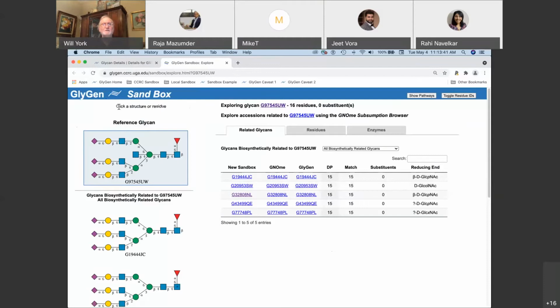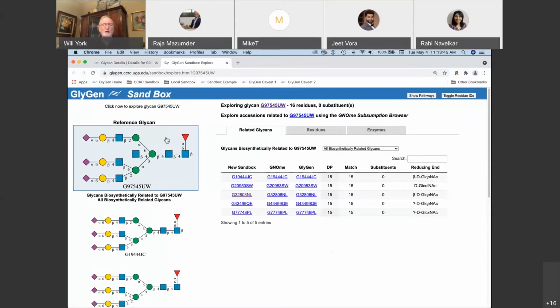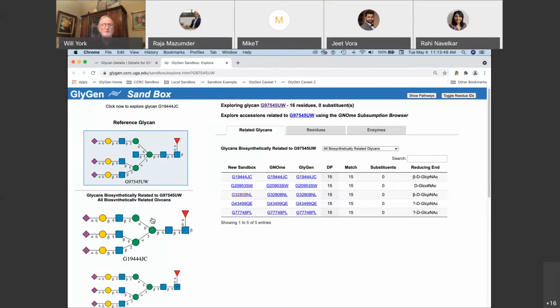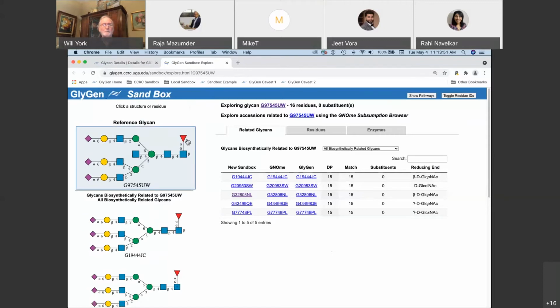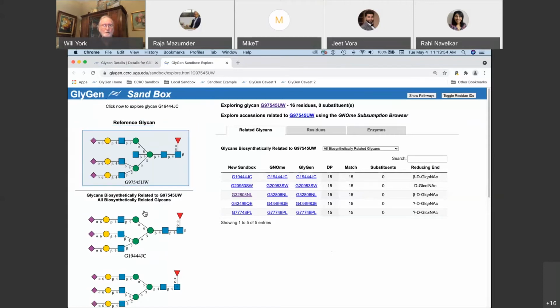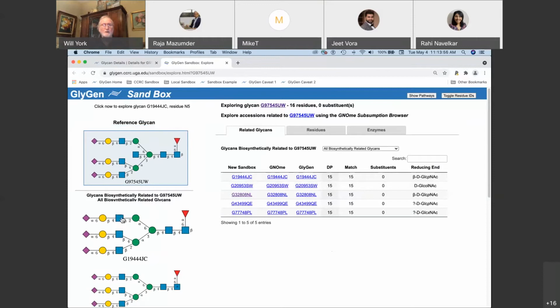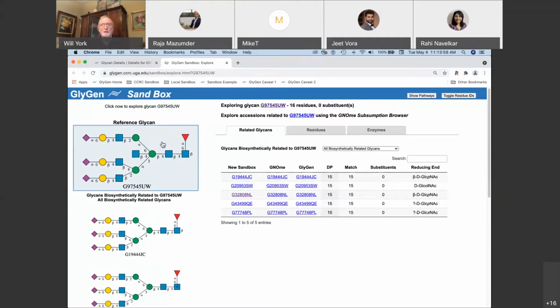This is a thing that tells you what to do. Click on a structure or residue, right? So if you go here, I'm going to explore this glycan. If I go here, I'm going to explore this glycan. If I go here, I'm going to explore this residue, or here, I'm going to explore this residue, right? So if I click on a glycan,